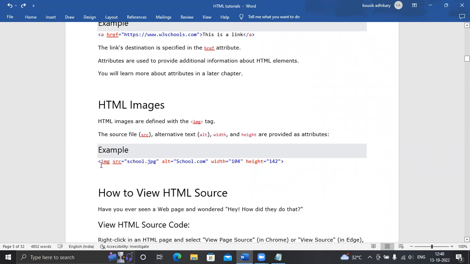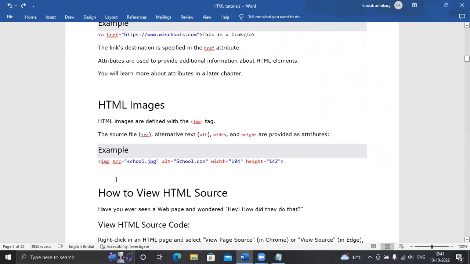The syntax is less than img, the source file src, alternative text alt, and width and height are provided as attributes. Those src, alt, width, and height are the attributes.